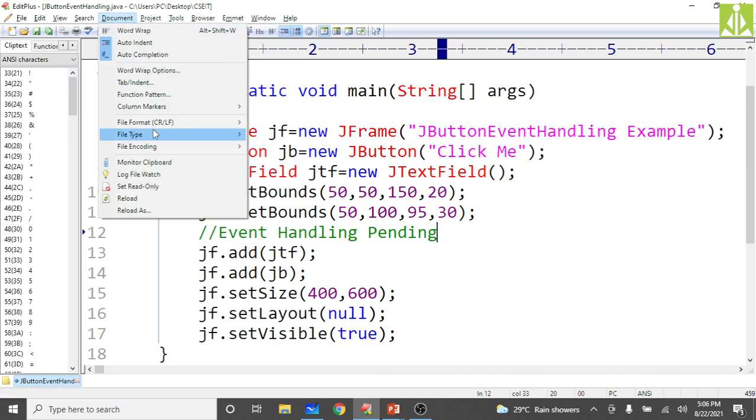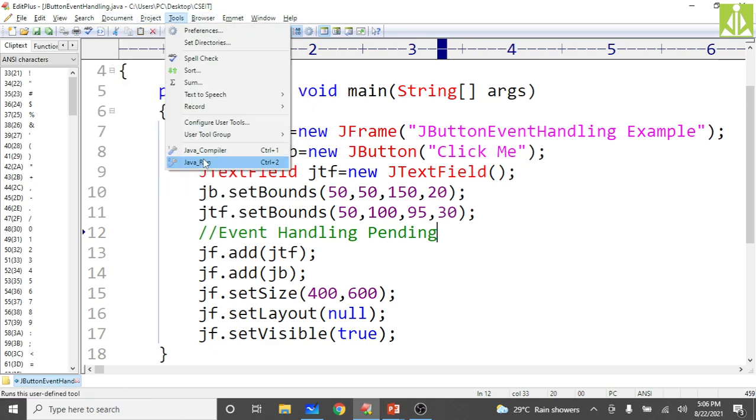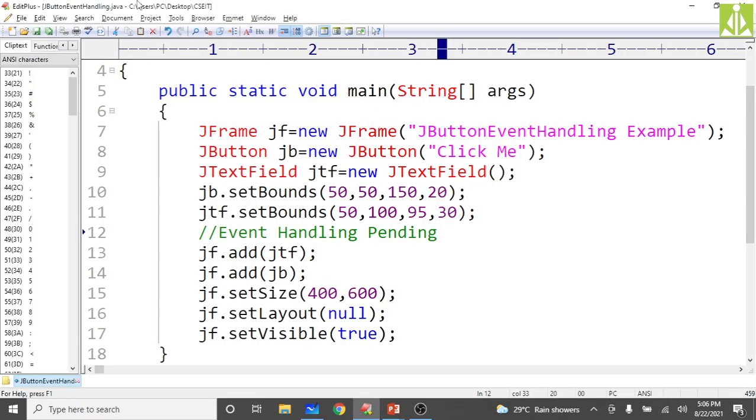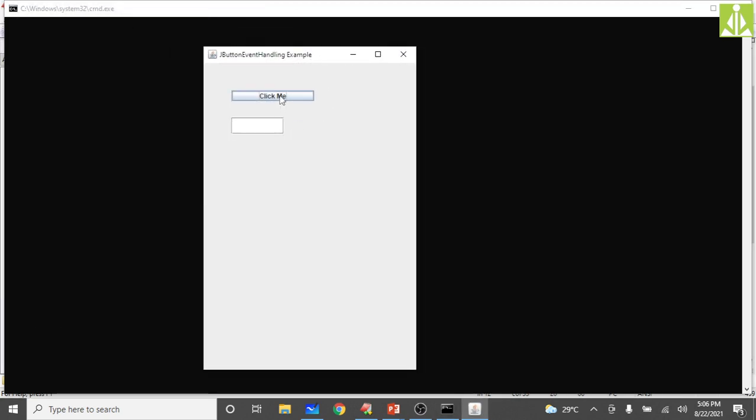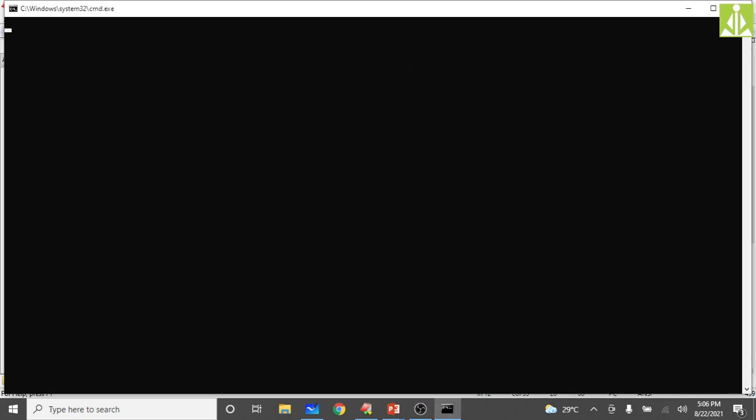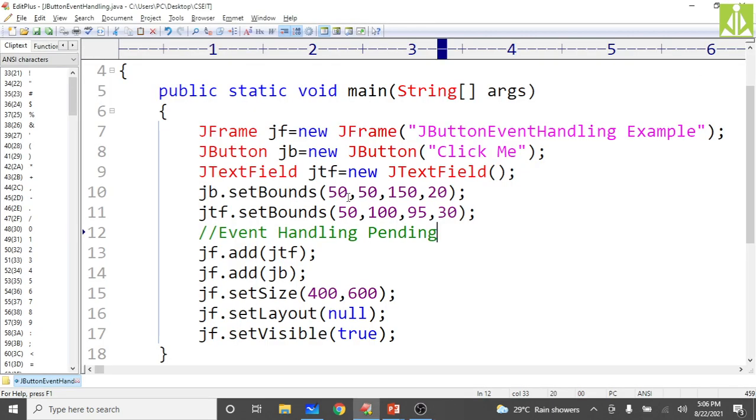Now compile, compilation successful, then run. See, we got this output. We got one text box, we got one button. Actually, the button has to come down and the text box has to go top, and even clicking the button is not giving any message over here. So for that what we do is simply, as you need the same coordinates, you copy from button, close it, you put over here.